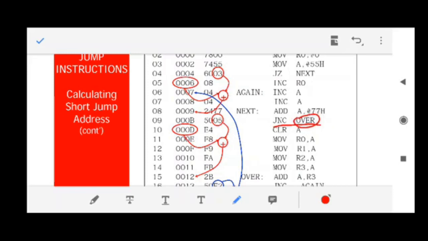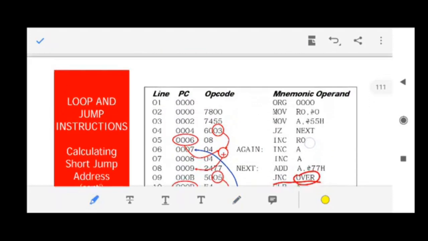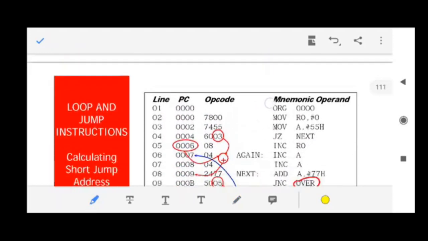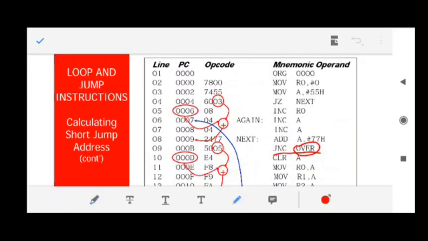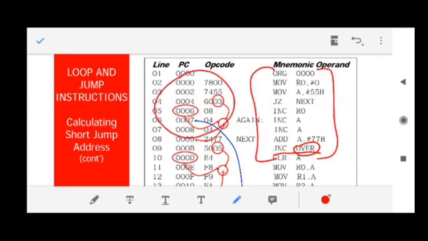Please don't get confused. You people have to make this much program. If it is asked that please make a program for addition, subtraction or any loop, then you have to make this program only. You need not remember all these things. Why am I explaining all these things to you? I am explaining this because you need to know how a jump and loop works, how the 8051 handles a jump and loop. Fine.